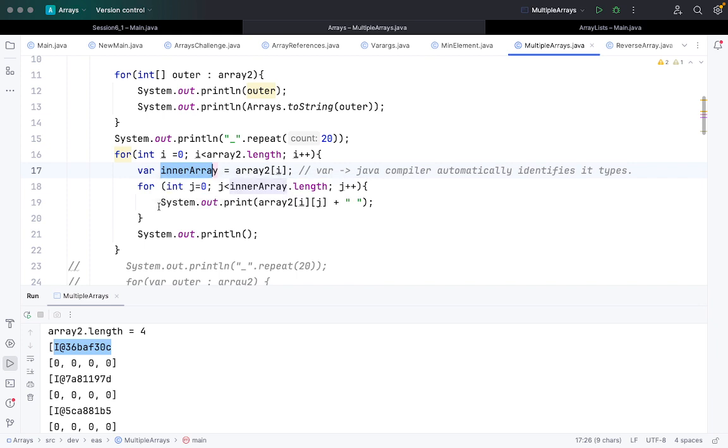Then you take that integer array in the second for loop, find its length, and based on that print out array[i][j]. This is how you do it by default. The new thing you might have seen here is var. var is a new keyword. If we just specify var, whatever value is passed to that particular var variable, the Java compiler will automatically identify its type. Okay, so if I run this,